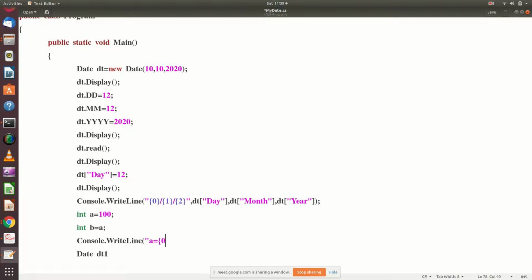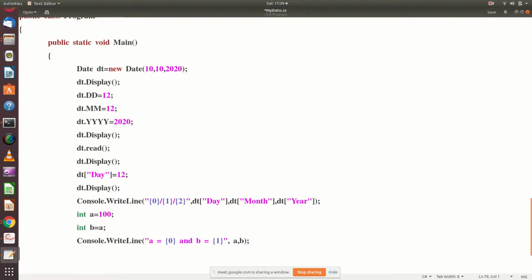A value equal to, and b value equal to, type the value of a and b. Yeah, so both a and b will now have 100.